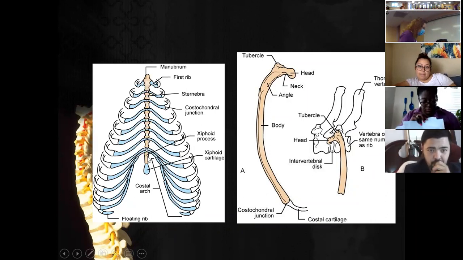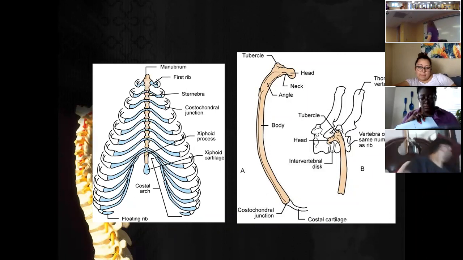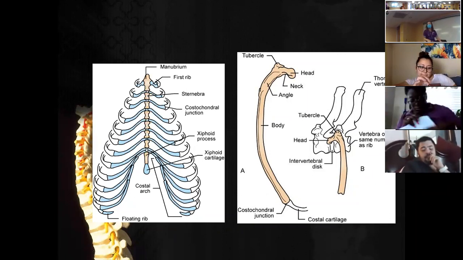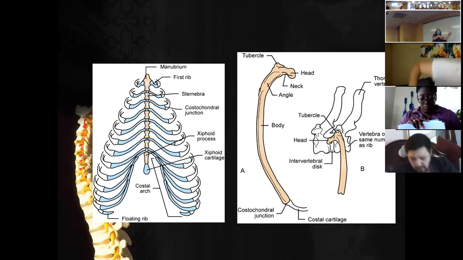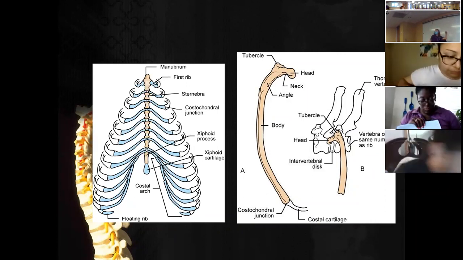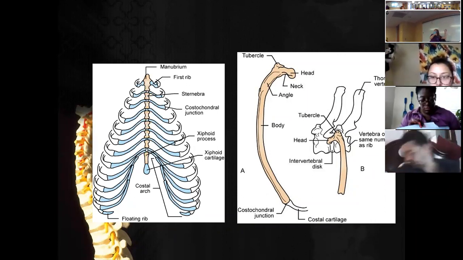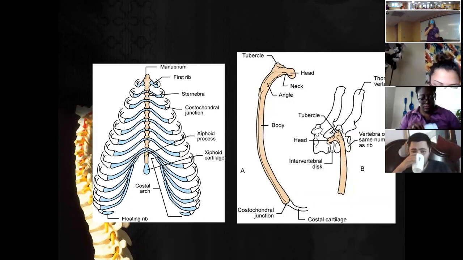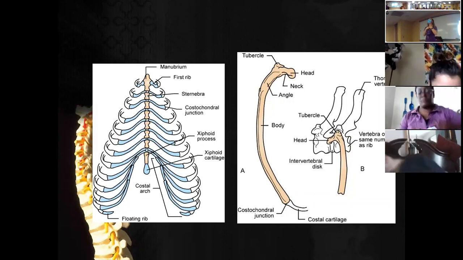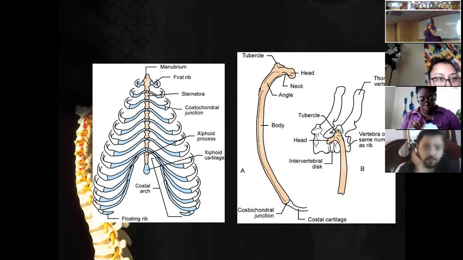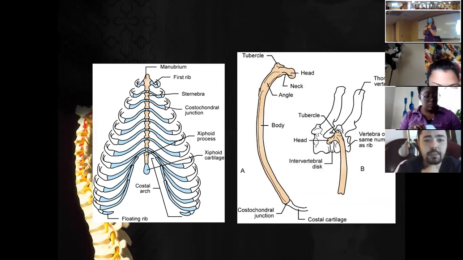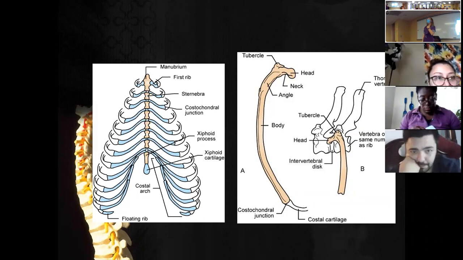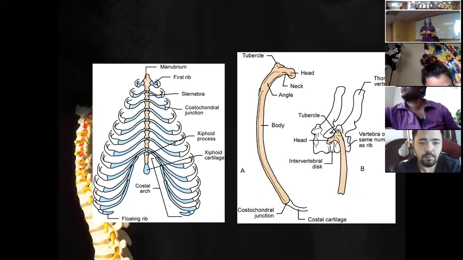Now the sternum is not a solid bone. It is structured very similar to our vertebral column. The vertebral column is made up of individual bones called vertebrae. Our sternum is made up of individual bones called sternebrae. We have a little notch right here. You can feel it. This is called your manubrium. Down at the other end, you have a little tail called the